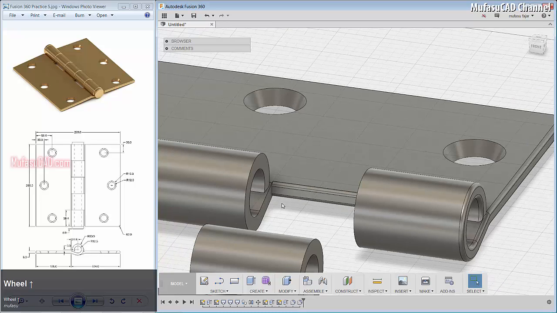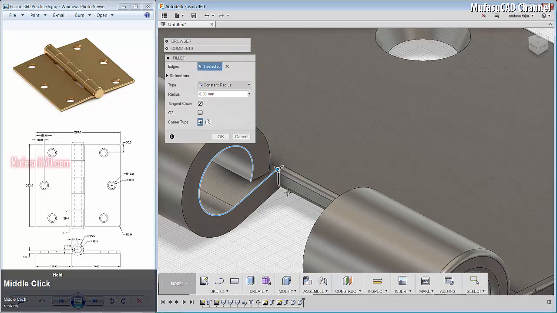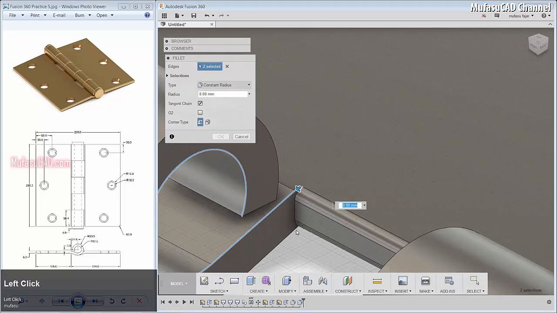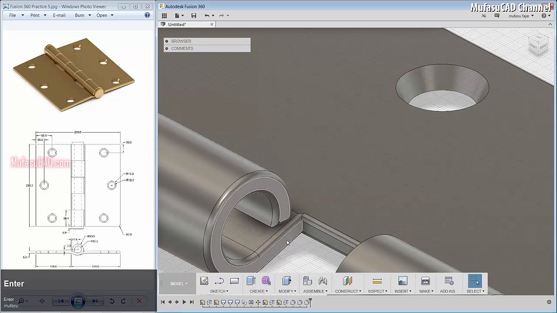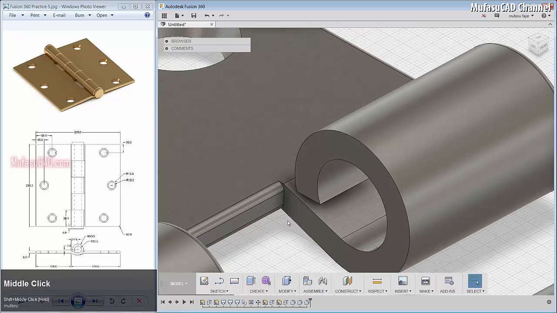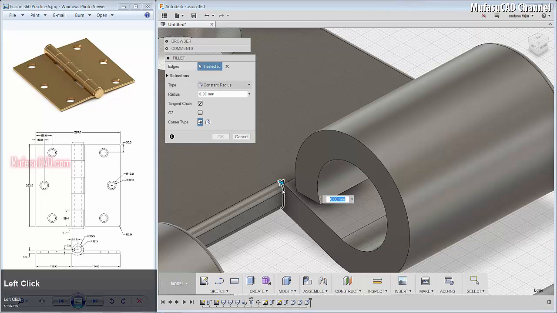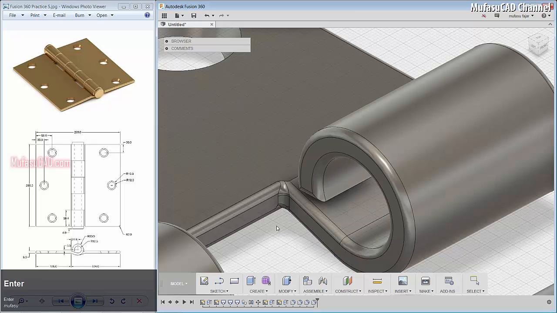Okay, and we fillet in here and here. Okay, you can see here, here, here with 2 point. Okay, enter, and next we fillet in here. You can select this edge in here, here, here, and with 2 point.